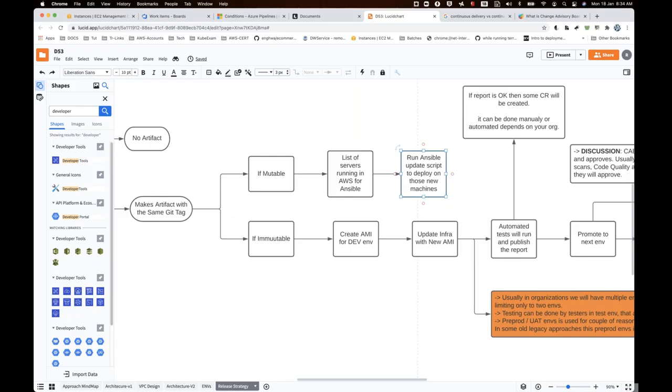But those chances will not be there if you go with the AMI and immutability approach. Those issues are not there from the very starting point itself. Okay, so that is how you avoid the unexpected outages. And if you're avoiding unexpected outages, ultimately you're saving time, and time ultimately is a cost, right? So that's the point.